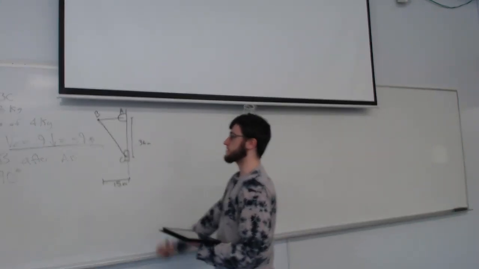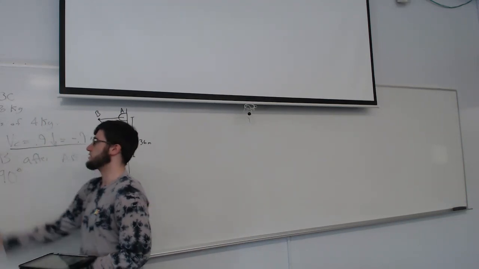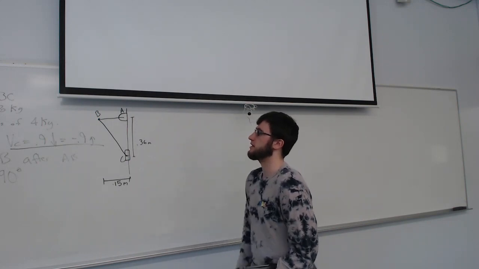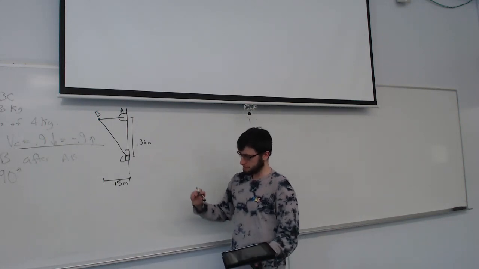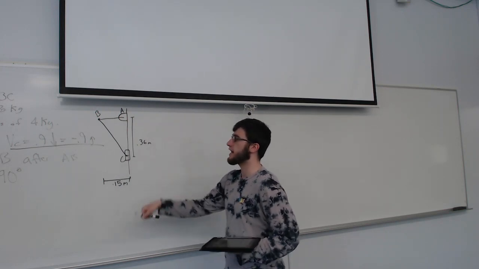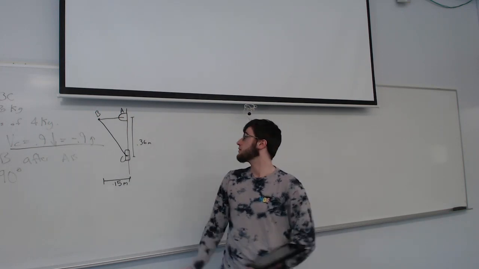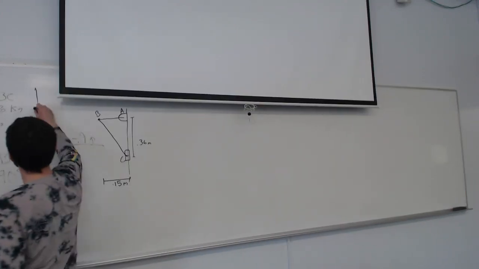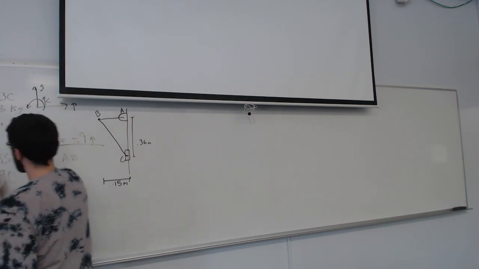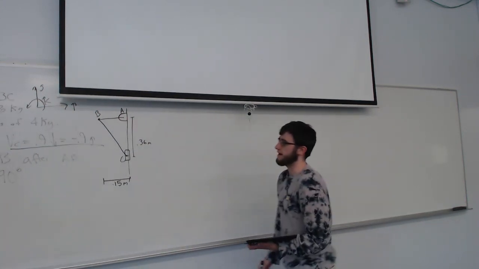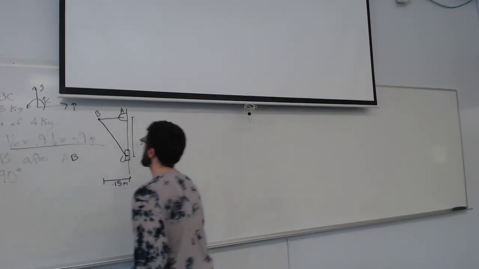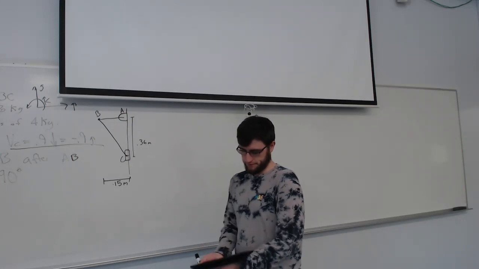Knowing that at the instant shown, which I just called t equal to 0, we're not going to use that anymore, it's just my shorthand. But knowing at this instant, the velocity of C is 0.9 in the negative j direction. Find the velocity of B after rod AB has rotated 90 degrees. So,